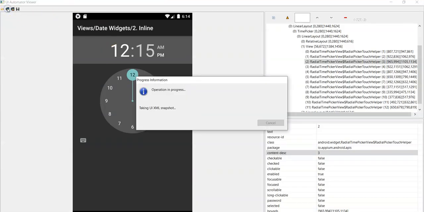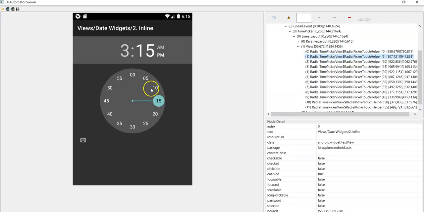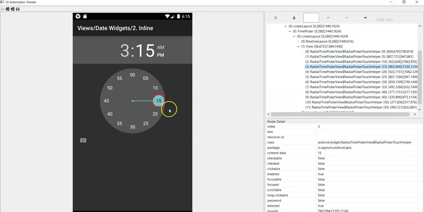Now take the screenshot of the device and click on 15. The content desc value is 15. The content desc value of the other is 45. So here we can use accessibility ID for these two elements.